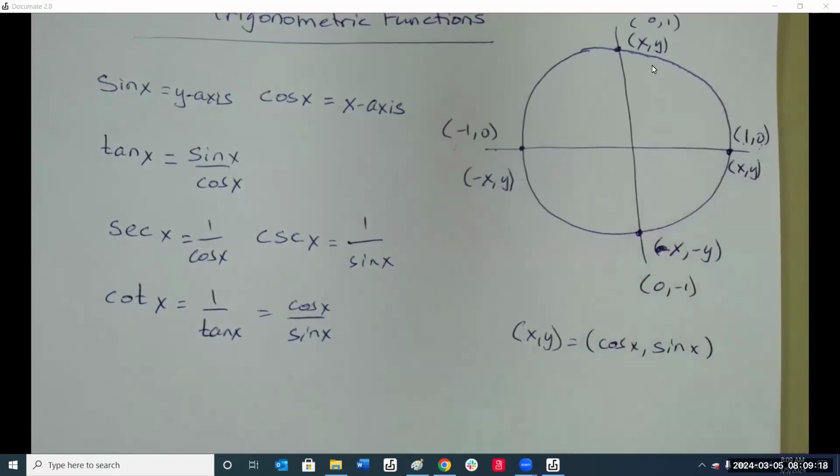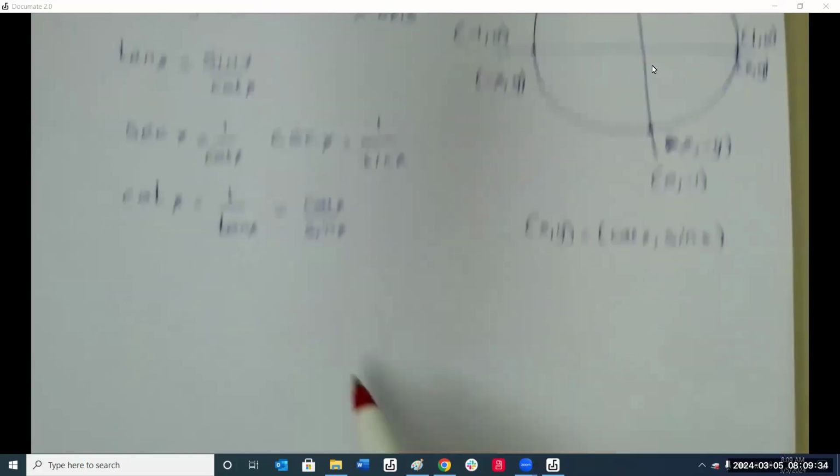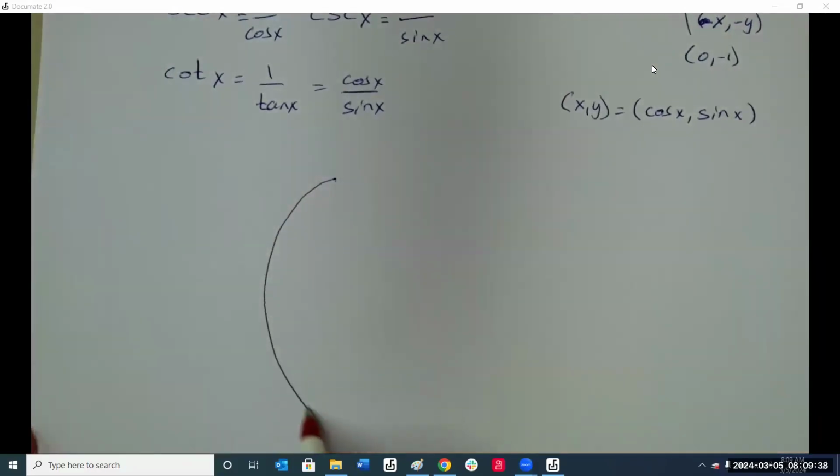So once we know that, that's trigonometry. That's not even calculus yet. Calculus deals with derivatives and integrals. I know we haven't done integrals yet, but let me show you how it is. So taking this unit circle,